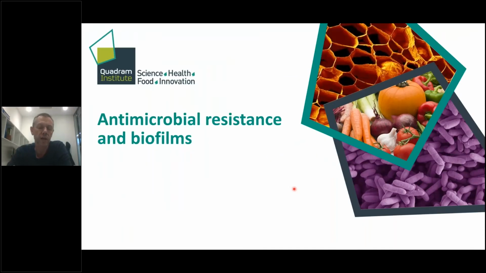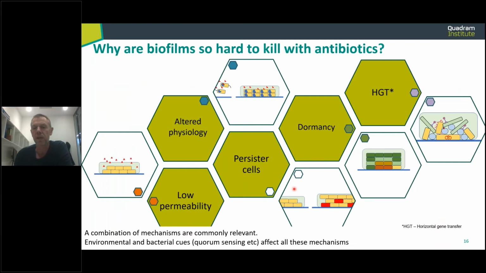Okay, so I mentioned at the beginning that AMR is a hallmark of biofilm infections, and that they are inherently very antimicrobial resistant, very hard to kill. The same cell that, if you grow it in a planktonic culture, might be inhibited quite easily can be orders of magnitude more difficult to kill in terms of the concentration of drug needed when it's in a biofilm context, and that's with no genetic change.